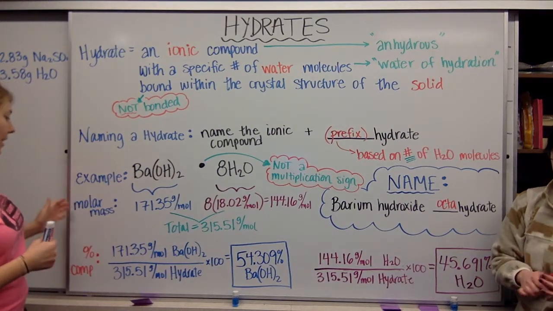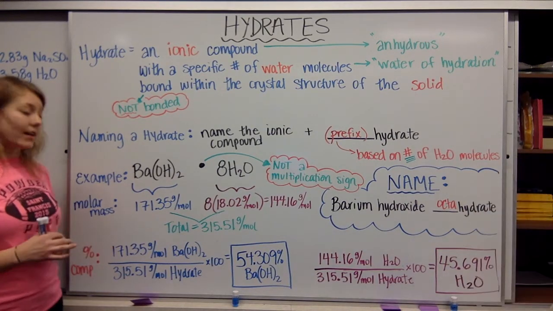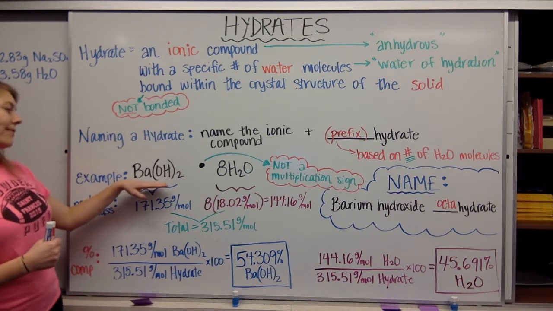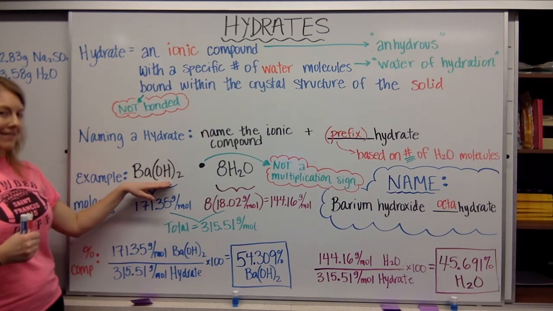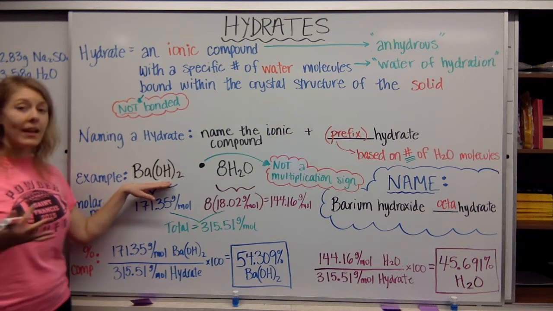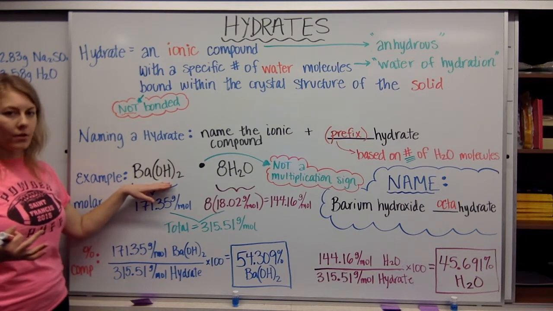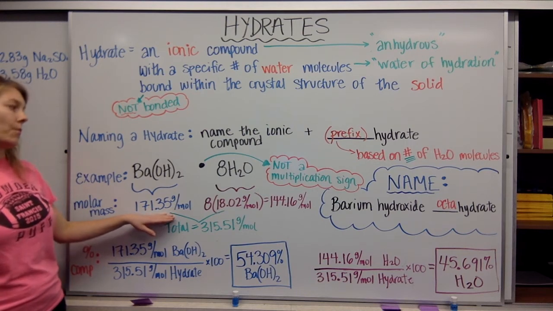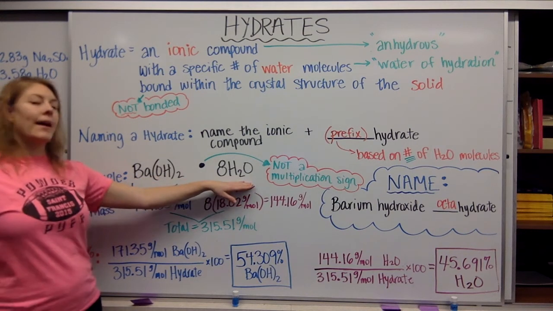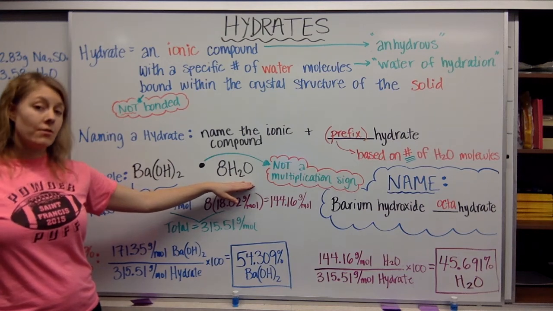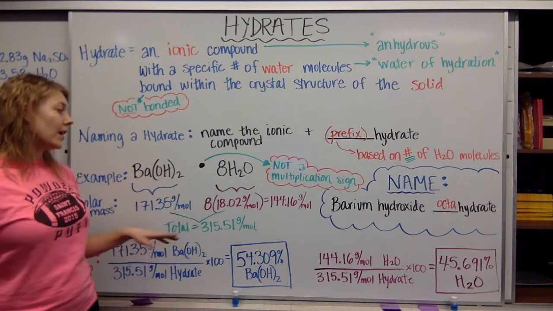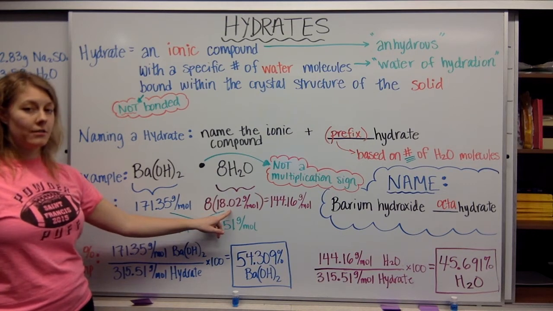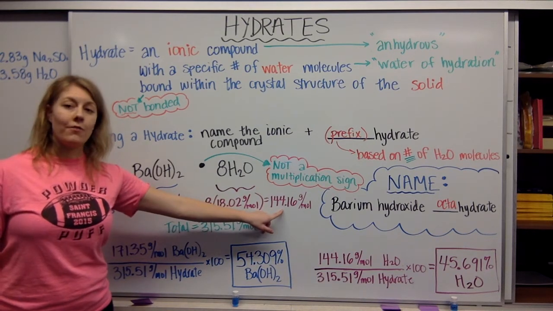The other two things that we can look at here are the molar mass and the percent composition. Now, the molar mass for barium hydroxide is calculated just like we've been calculating molar mass already, so I'm not showing you how to do that. I've put it here, 171.35 grams per mole. The molar mass of the 8H2O, the water of hydration, is 8 times the molar mass of water, and you get 144.16